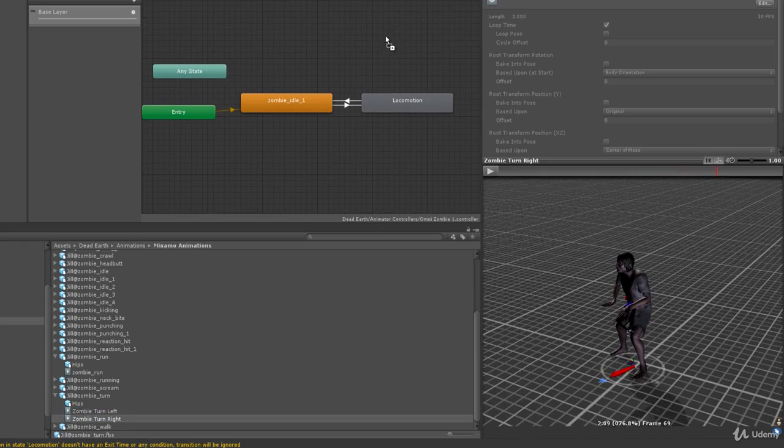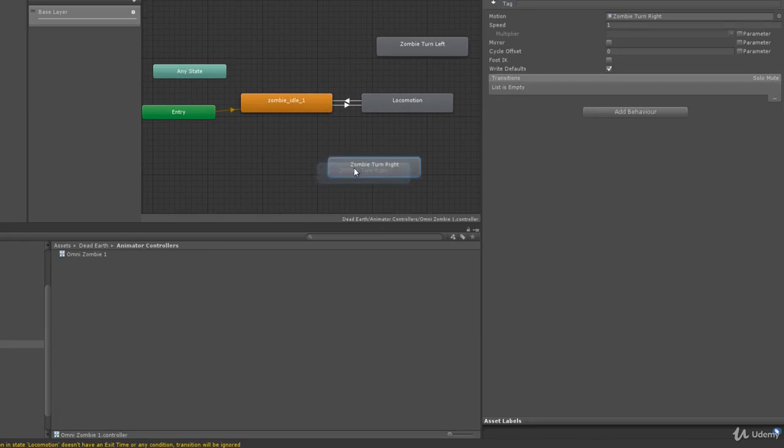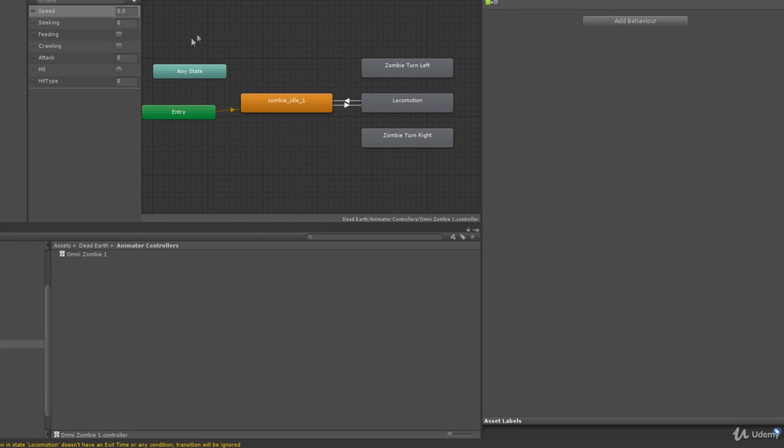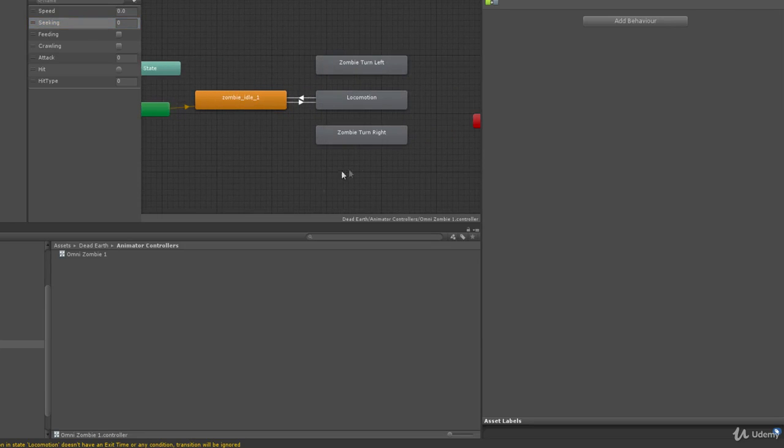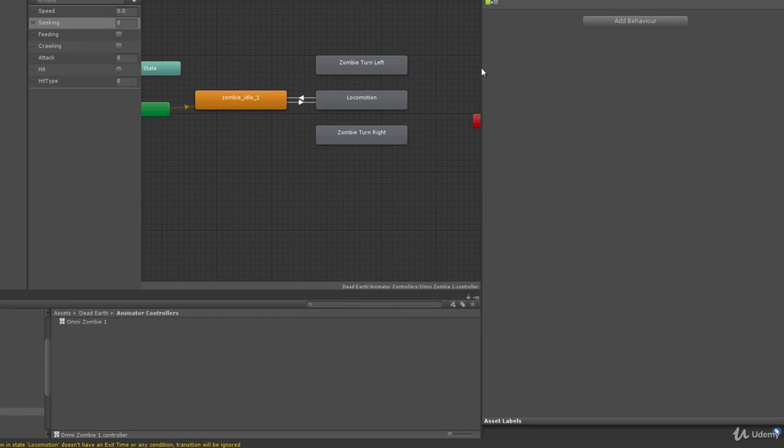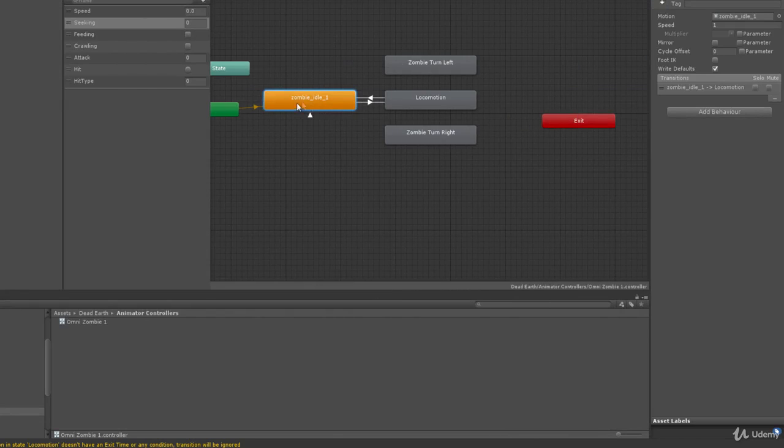So I think we'll drag those in, turn left, turn right, like so. And then we want to make some transitions between these. Now remember, we have this seeking parameter, which is our turn on the spot parameter. So let me move these out a little bit and give myself a little bit more screen space to play with. So what I want is a transition from idle to turn left, from turn left back to idle,